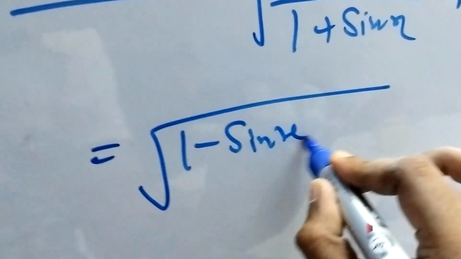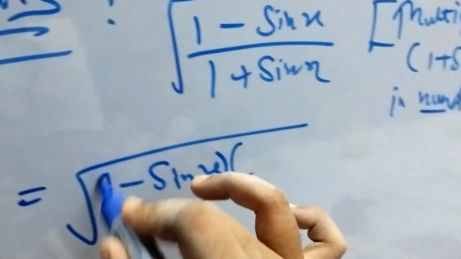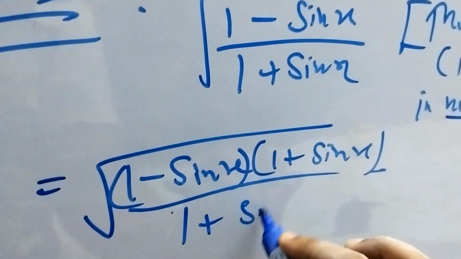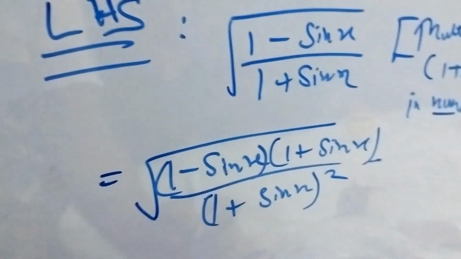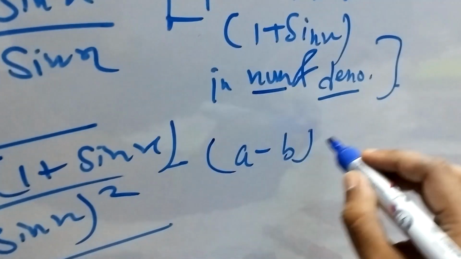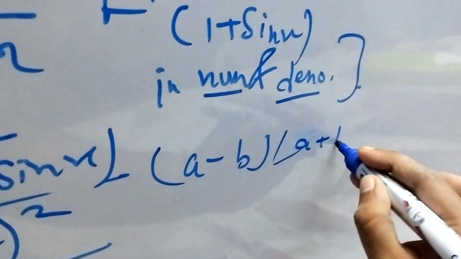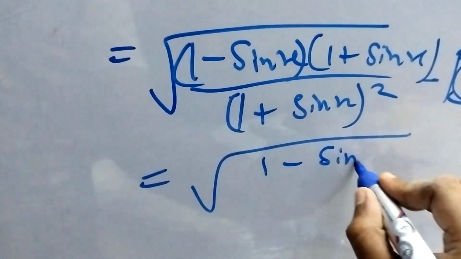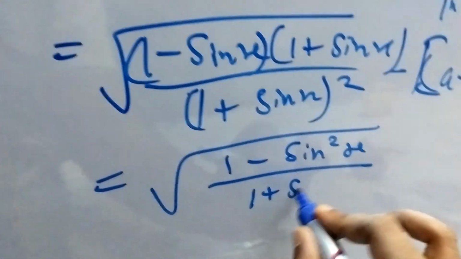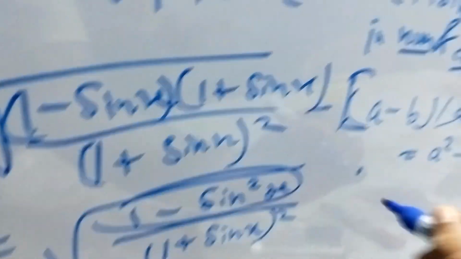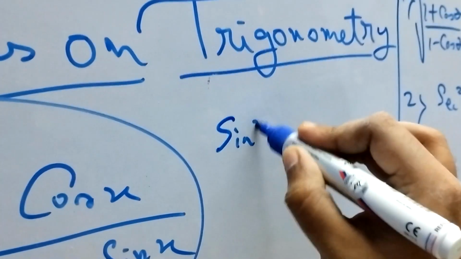1 minus sine x times 1 plus sine x, divided by 1 plus sine x whole square, right? This is of the form a minus b multiplied by a plus b, which gives a square minus b square. By using that, I can easily write 1 minus sine square x by 1 plus sine x whole square, right? And this is nothing but, since sine square x plus cos square x is 1,